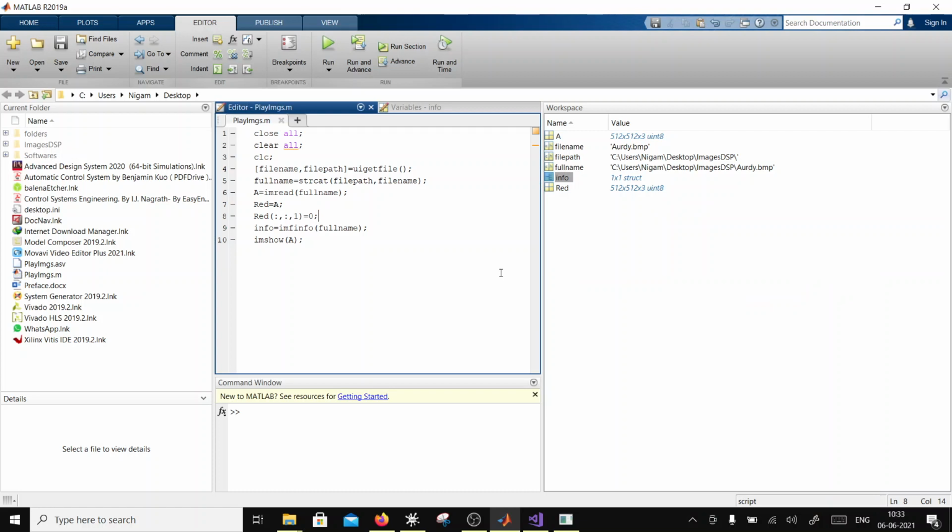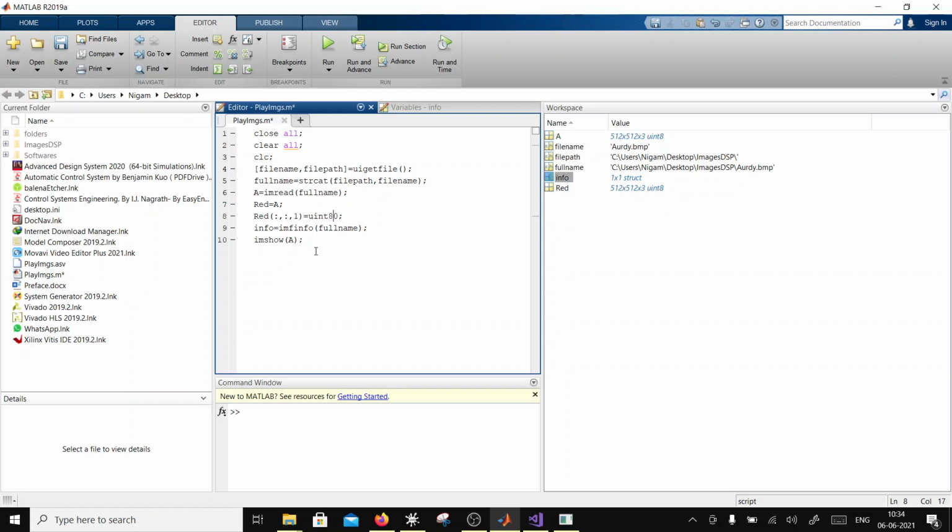Okay, so now here, do I need to cast it? Maybe I cast it and call it uint8. Does the casting go like that? Or does the casting go the other way?